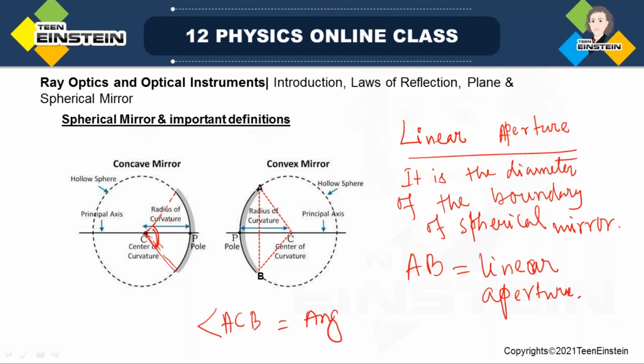So if you join the two ends of the spherical mirror with two lines to the center, the angle you get between these two lines at the center is called angular aperture. These definitions are important. You have to remember. What is angular aperture? What is the linear aperture? ACB is the angular aperture. All right. Now we will go to